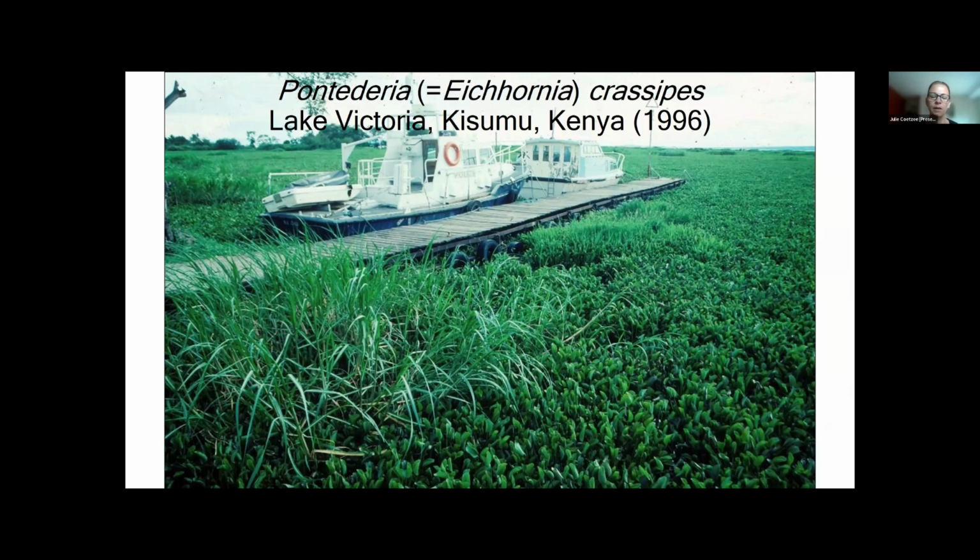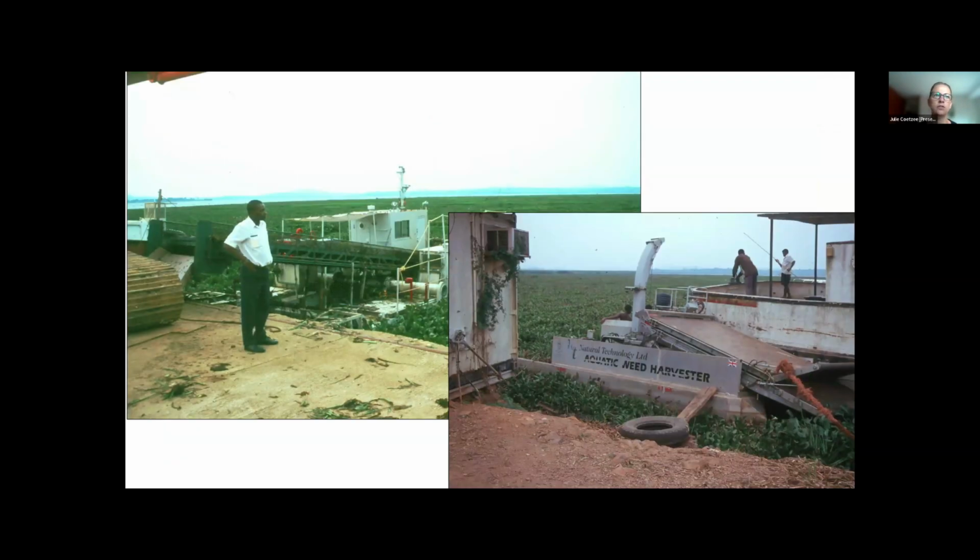Because of the importance of this lake to Africa, it's the largest freshwater lake in Africa. It was host, I say was unfortunately, to a high diversity of cichlid species, and of course important for fishing, for recreation, for transport, and essentially for human livelihoods. So when this plant covered it, you can imagine the fear, the threats that this posed, not only socioeconomically, but also ecologically. And many different countries came in with all kinds of solutions.